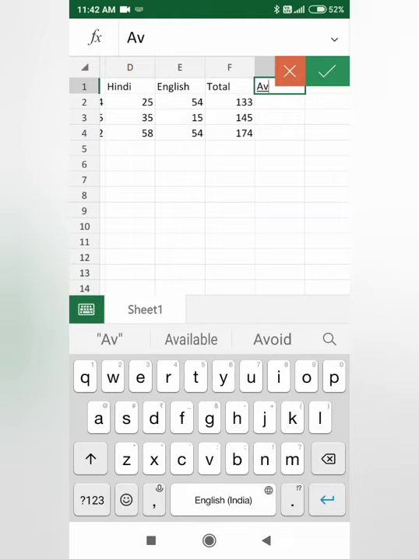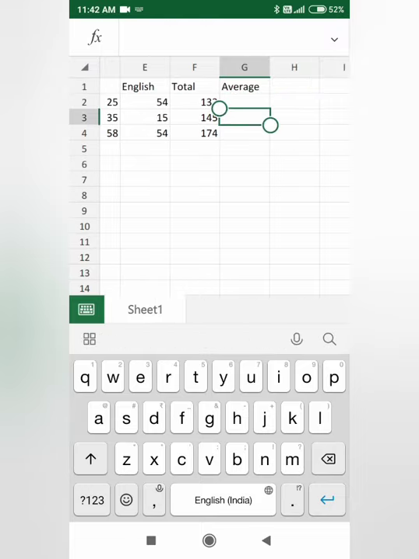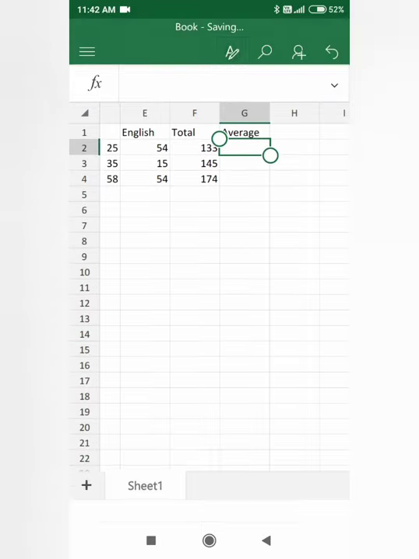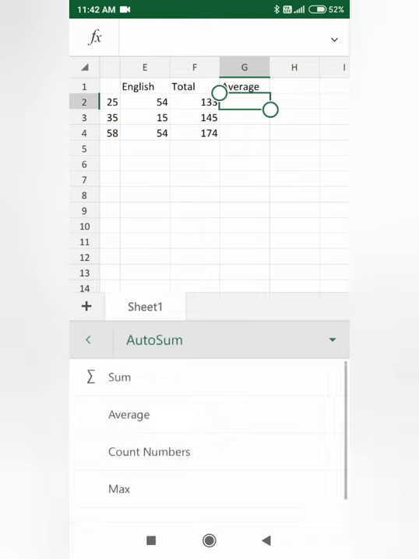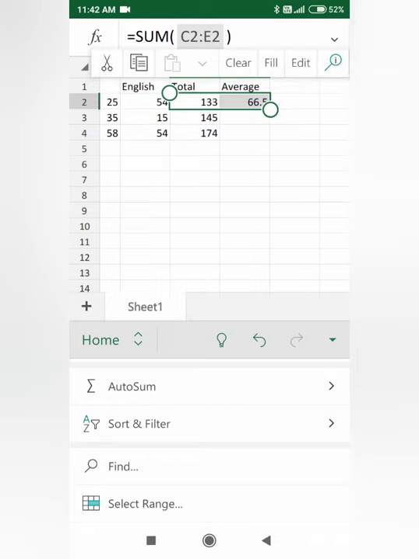Afterwards we have to write average. In a mark sheet, average is very important. For the average formula, you can directly take average in auto sum, it is also nice.